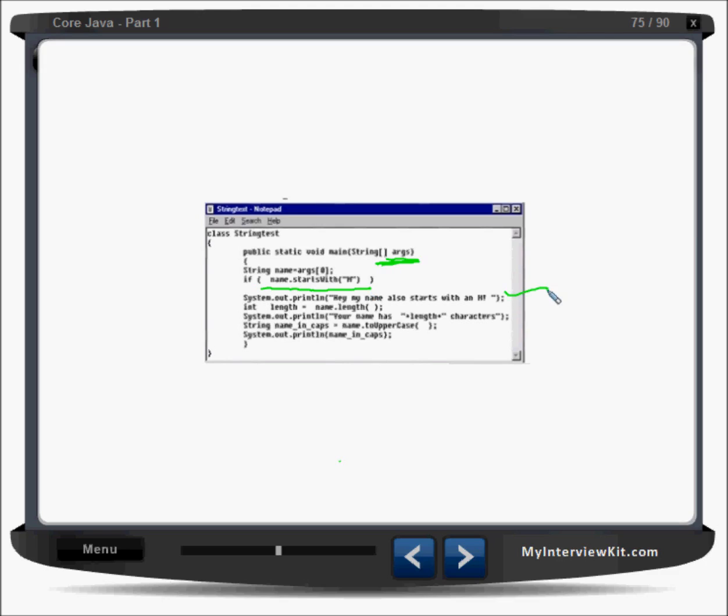And then we are finding the length, how many characters. So it is int length. You can simply write here int length equal to name.length(), a function, and you can call it. This will help you find the length.